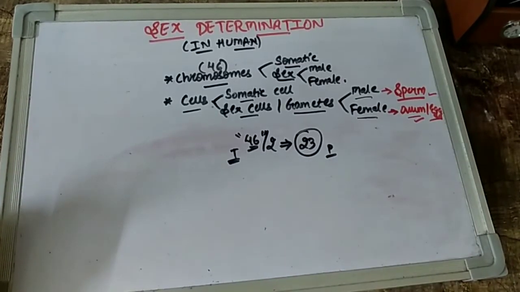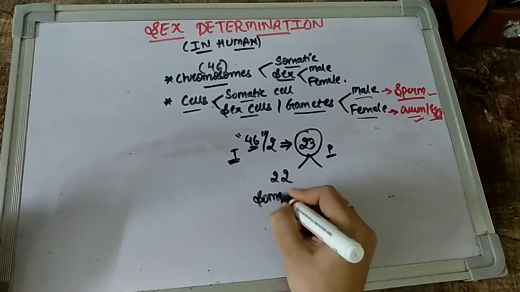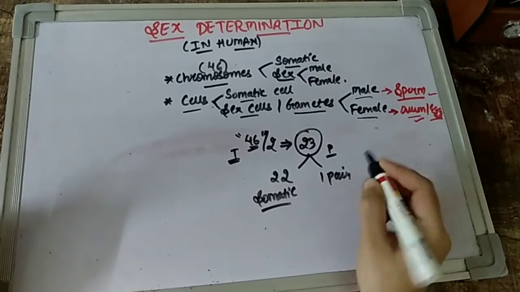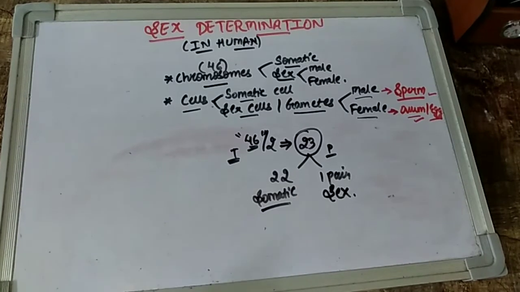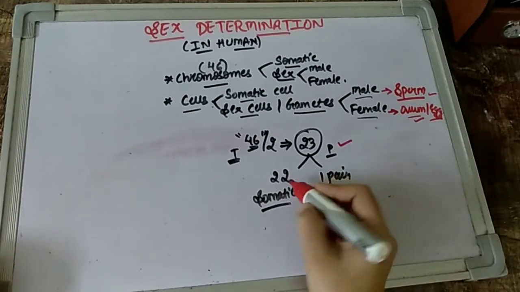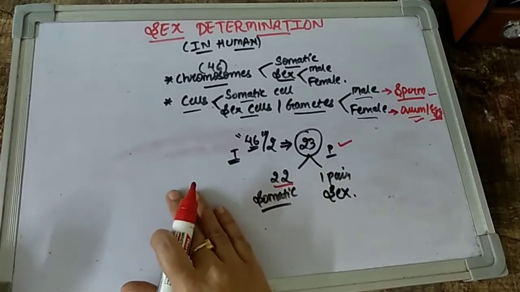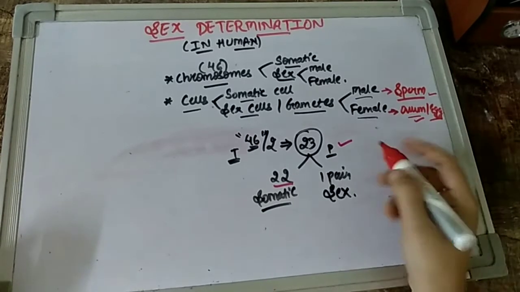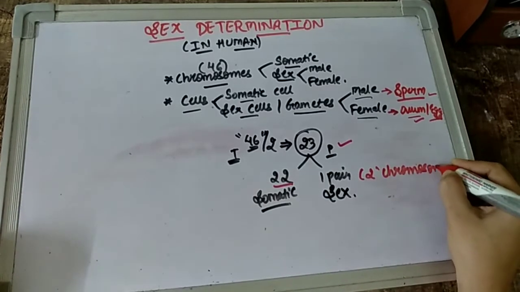Now amongst these 23 pairs, children, we have 22 pairs of chromosomes which are our somatic chromosomes, as I have written over here. And we have one pair of chromosomes which is known as the sex chromosome. This is something which everybody needs to focus on. So how many pairs do we have in humans? 23 pairs. Out of 23 pairs, how many are somatic pairs? 22 are our somatic pairs of chromosomes, or a total of 44. And how many pairs are our sex chromosomes? Only one pair is our sex chromosome. So how many chromosomes in total? 2 chromosomes, right? Because as I said, 2 chromosomes make up one pair.